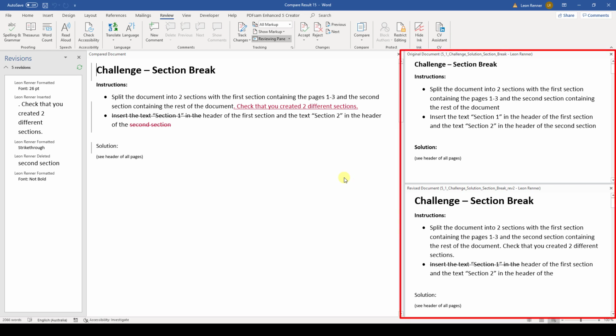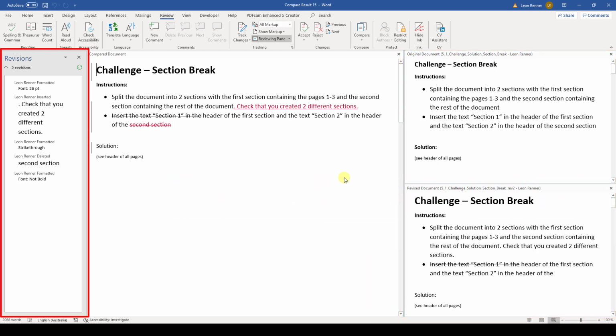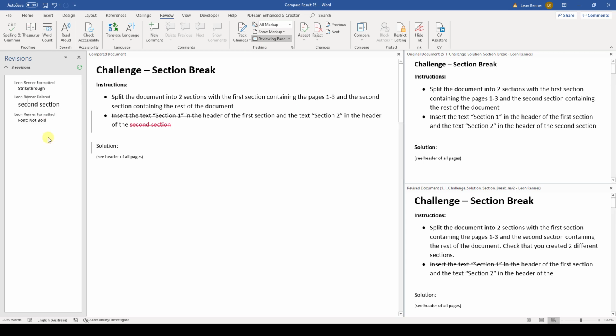On the right side we can see the two versions of the document, and on the left side we can see the changes that are implemented in the newer document. As we learned in the lesson before, we can now simply accept or reject the changes that are visible. We can also right-click on a change in the revision sidebar and accept or reject the changes here. And when we are done, we can simply save this document as a new version of our old one.